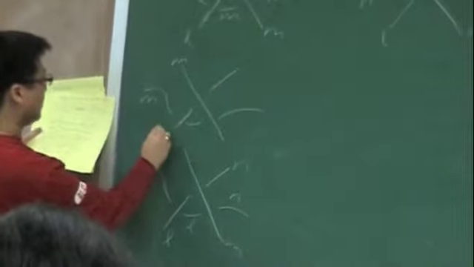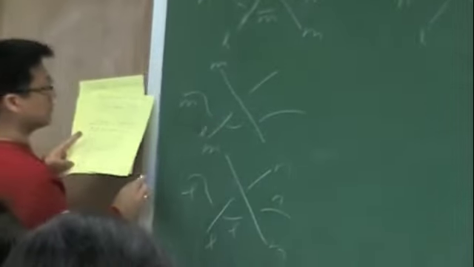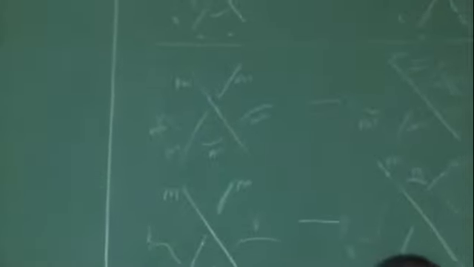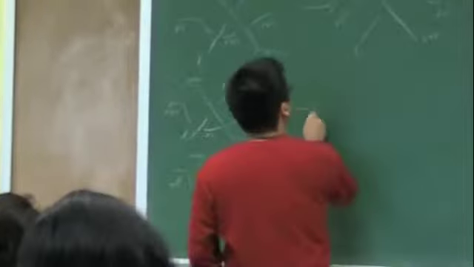Okay, so M and L here. Here, if I have this, this will be N, this is M, this is L, this is N. Okay, so